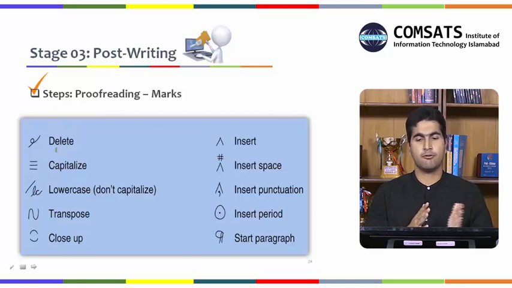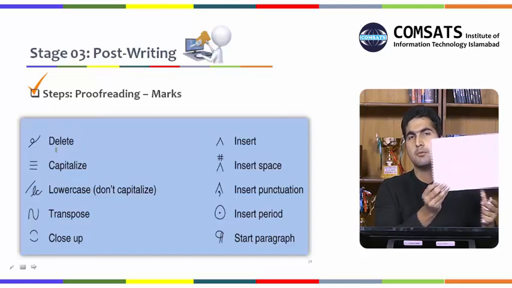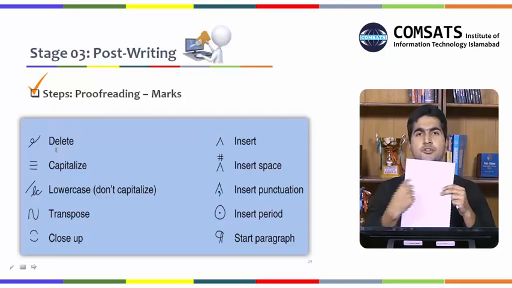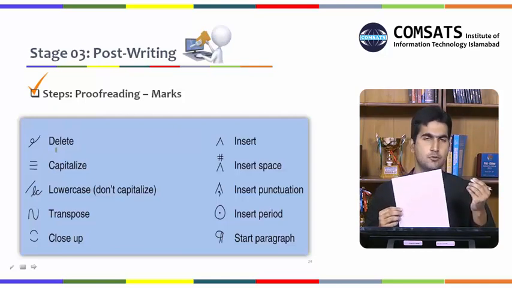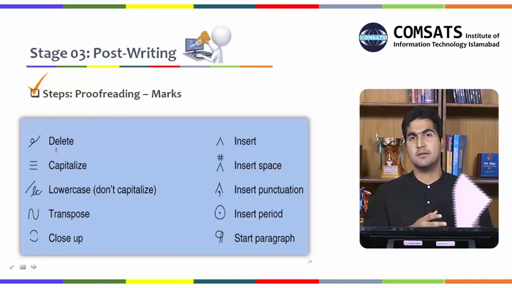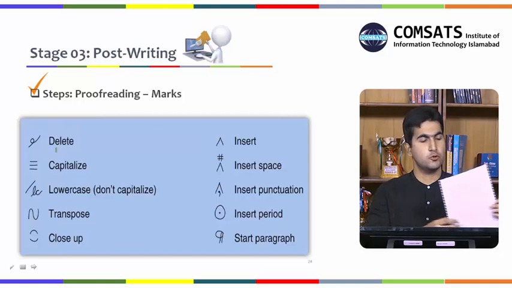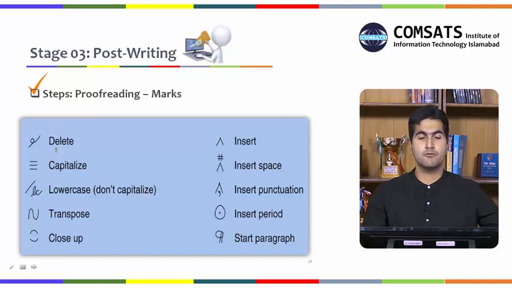So once it has gone through it, these are basically the marks which are used for proofreading a text, especially when it comes to proofreading a text in the form of this piece of paper. So if you are provided some written or typed information on a piece of paper, and you are provided with a pen, then these are the marks which basically you are supposed to use for proofreading. So if you look at these marks,